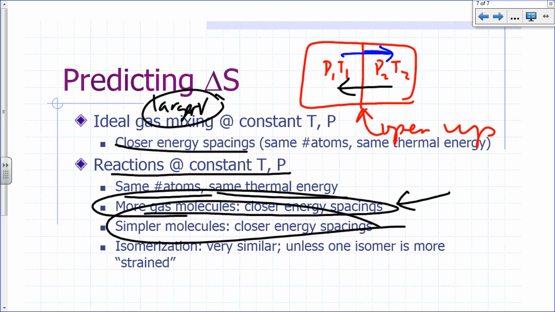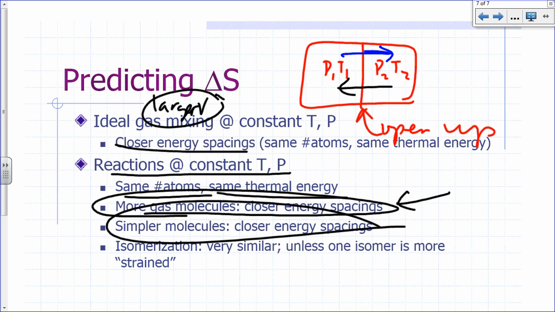They're more free to move. Simpler molecules, you have less restrictions in the movement of atoms. The simpler the molecules are, the bigger the molecules, the more complicated, the more restrictions you have on the movement of the atoms. Okay. Isomerization, on the other hand,